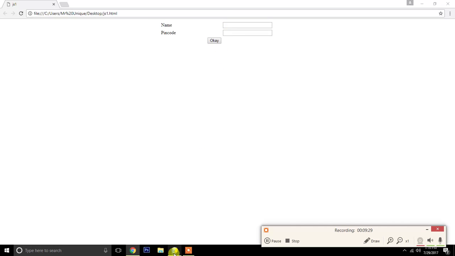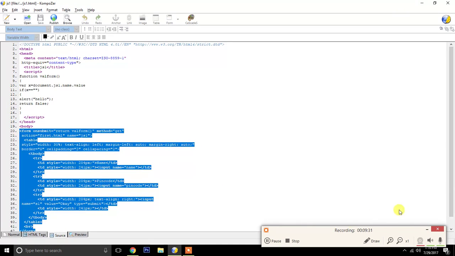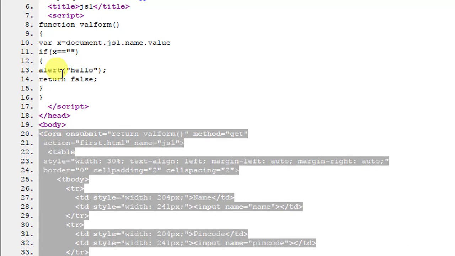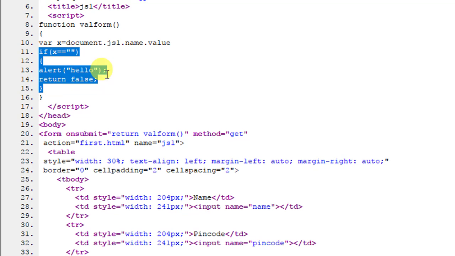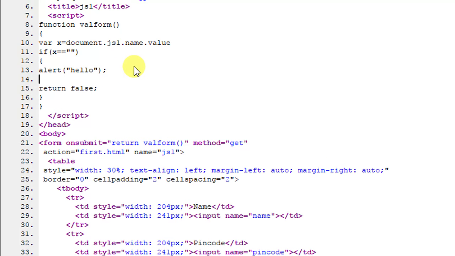So what we will do, we will go in source code again, we will go in the if statement, which is here. We will just go here and press enter, so a new line will be created, and here I will write the name of the element, that is document dot js1, that is my form name, dot my element name, that is name.